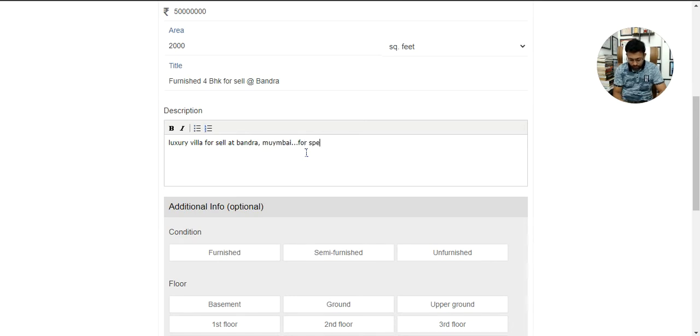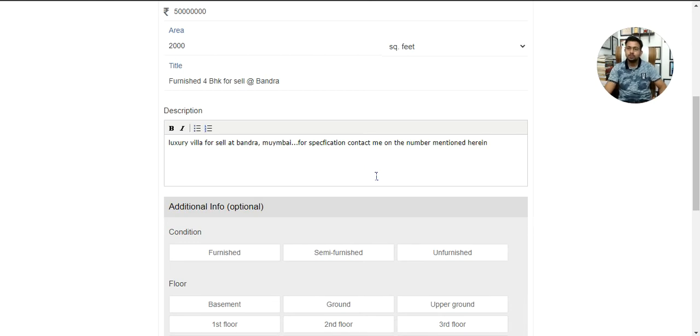For specifications, contact me on the number mentioned herein. Done. So I am keeping it short for tutorial purposes only, otherwise I'll write a good description.